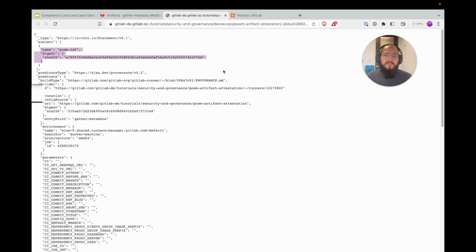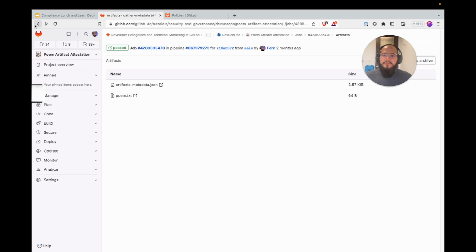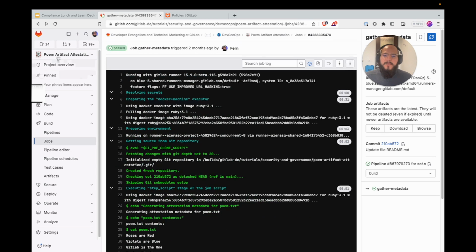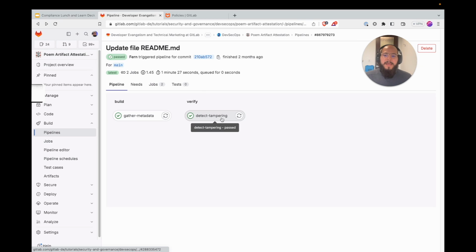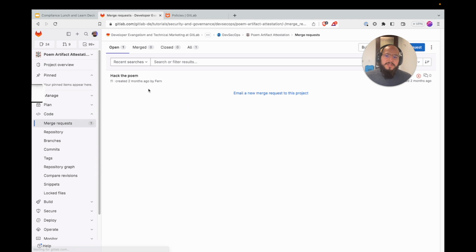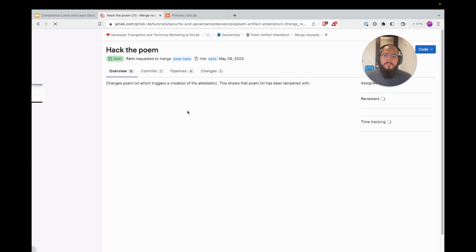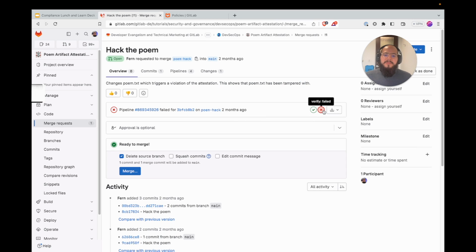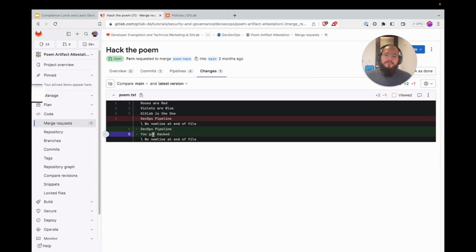It's hard to tell without having a hash, so that's mainly its use case. And we can see that the job in the pipeline passed to detect tampering. But if we go to a merge request that actually changes the poem file, we can see that it's been tampered with because the actual hash is different, because the file was changed.